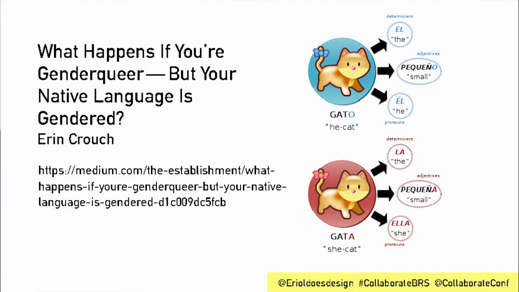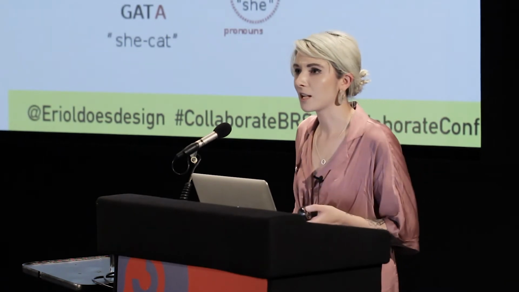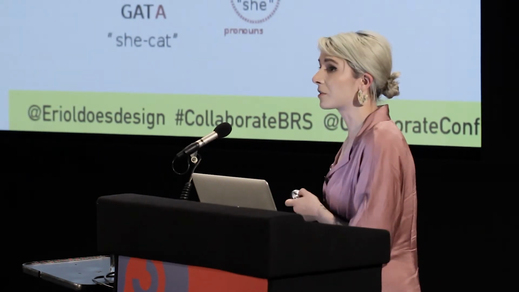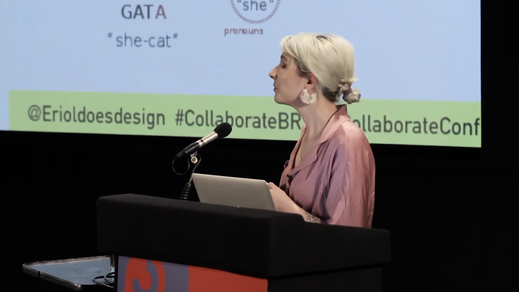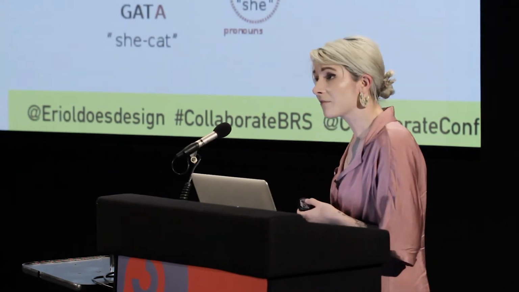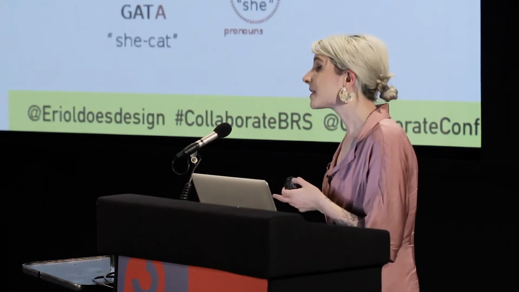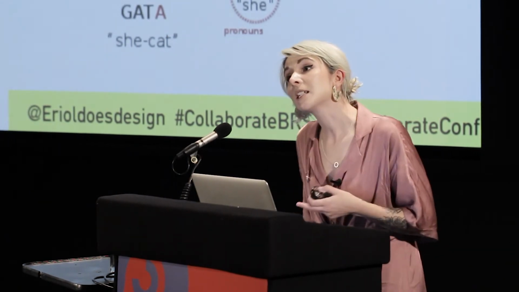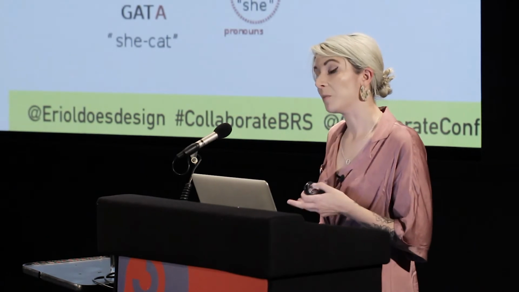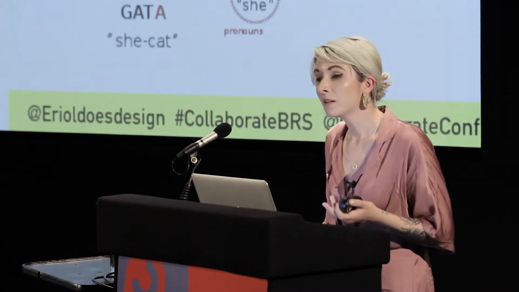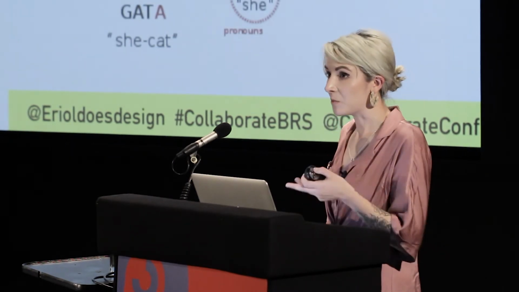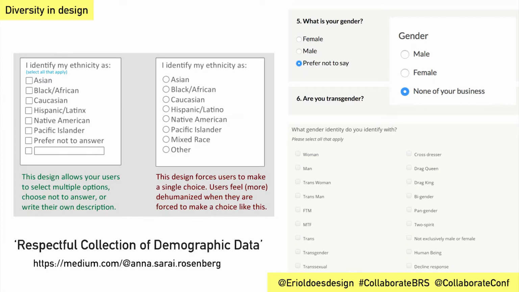Somebody came up to me and said, oh, how do I avoid gendered language when we have a fundamental gendered language for objects? I found this really great article if you want to investigate some of the thought around that. I don't have a good answer for that yet. I really don't, other than places like Sweden, which are moving more towards gender-neutral terms, so they've created a new pronoun for people that identify as gender-neutral, called hen. So it's just proof that languages can progress as people want to identify differently.